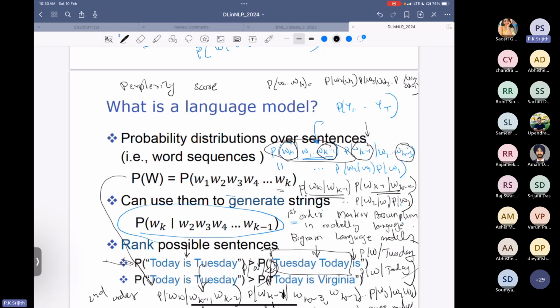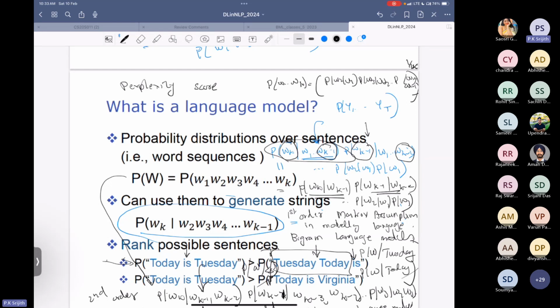One issue is that this probability can keep on going smaller and smaller as the length of the sentence becomes larger and larger, right? So to normalize it across the sentence length, one can consider some sort of a root, not square root, nth root or kth root in this case. Okay, so some sort of a kth root over this,